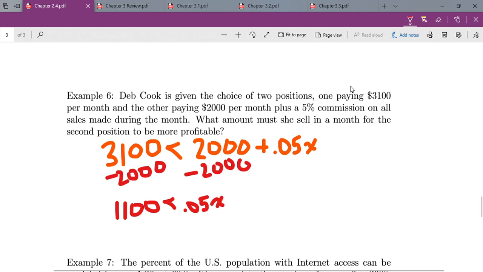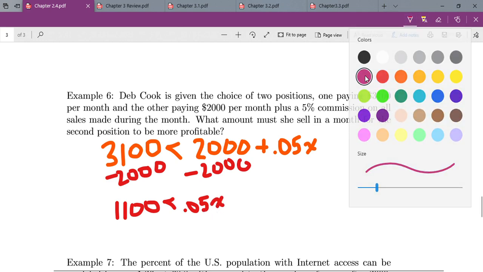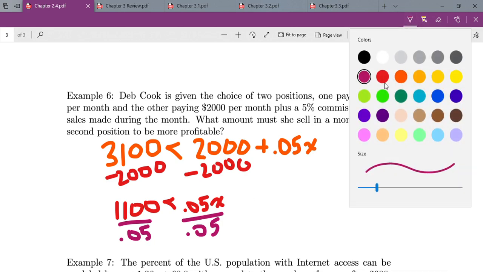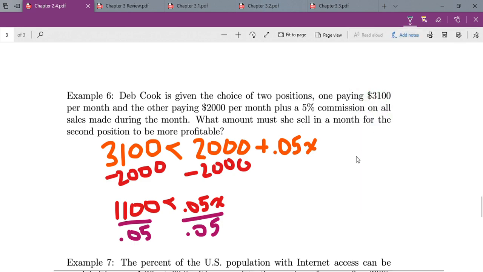Now obviously what we're going to need to do next is divide by that 0.05 on both sides. The only time you switch the sign is when you're dividing by a negative. Let me say that while I'm writing this up too. So we're not dividing by a negative. We don't have to switch the signs. So I'm going to bring it over here, change colors once again. X has to be greater than